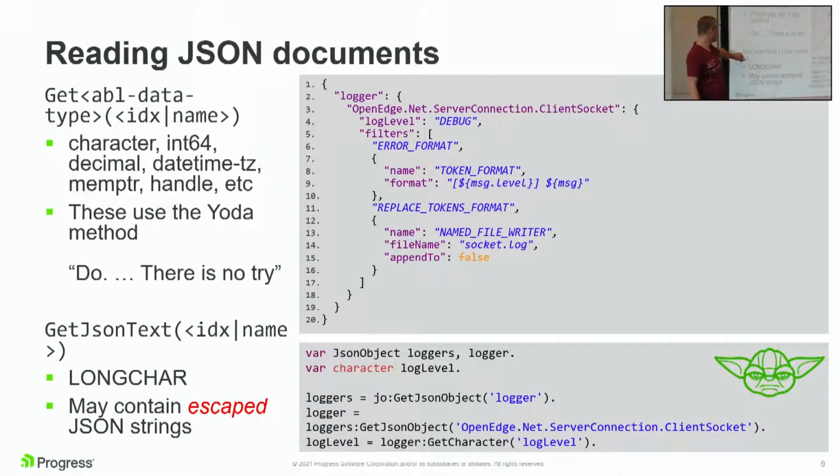There's also a getJSONText method, which I see fairly frequently used. It just returns a longchar, and it just returns the JSON blob, basically. And that's fine because it always works, right? This will never fail because it's always JSON data. So if you say get JSON text on a logical value, it's going to return the string true or false to you. If you do it on a character, it's going to return whatever that says, name, file writer, or socket log. If you do it on a date, it's going to do that.